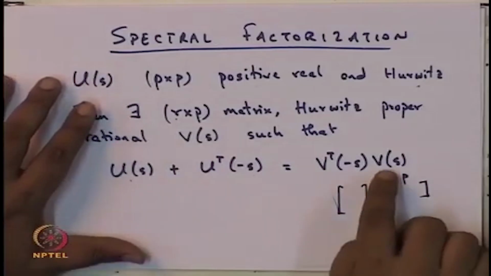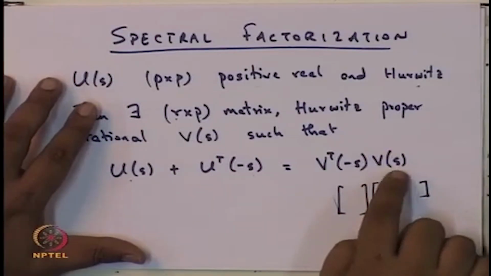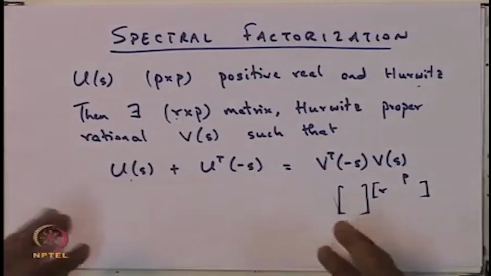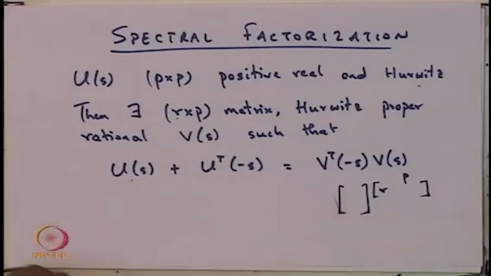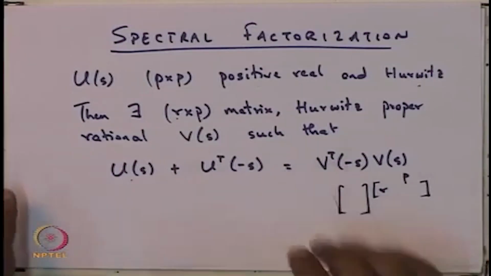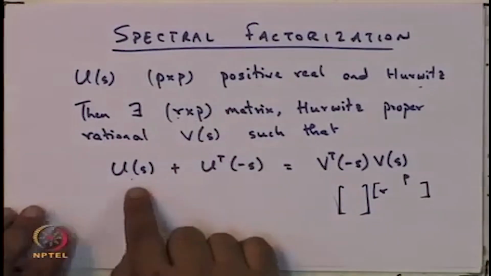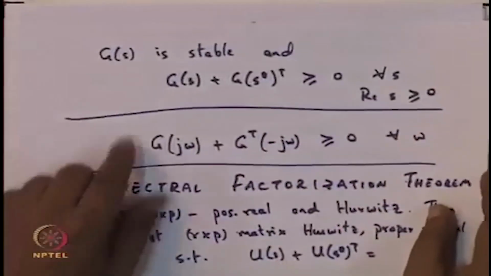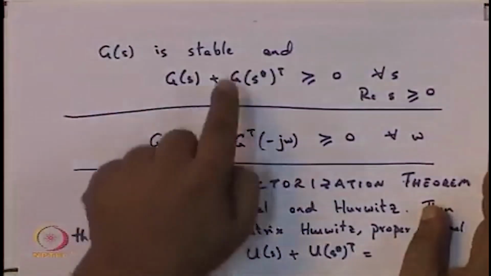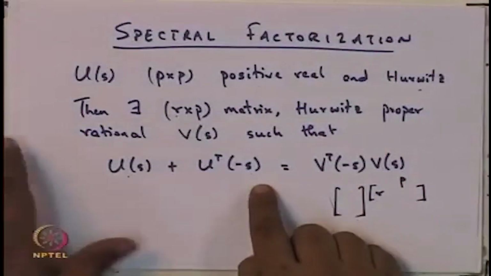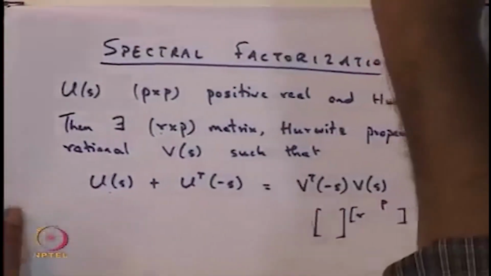You use that to somehow construct this V(s), and then the V transpose of minus s comes automatically because of some symmetry which exists in this sum. Now, the spectral factorization is of course a very well known result and used widely, for example, in communication theory, but we will invoke this. Because we have started out with this G(s) which is stable and has this property, we can now invoke the spectral factorization theorem, and by invoking it, we can say that